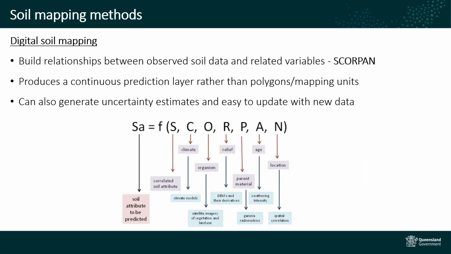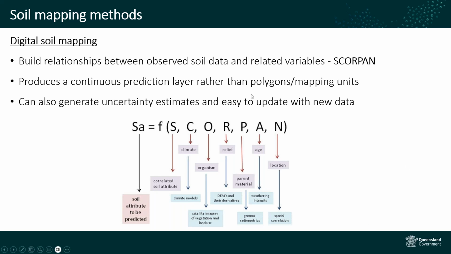So in terms of the modelling process, we use a technique called digital soil mapping, the same process as what was done in the previous map as well. This involves building relationships between the observed soil data we have on the ground and some related variables. There was a framework developed called SCORPAN, and it's this image on the bottom here, which is basically a formula where you have your soil attribute to be predicted, so in our case, soil phosphorus, and that equals a function of other soil properties or climate information, vegetation, elevation, topography, geology, weathering, and also